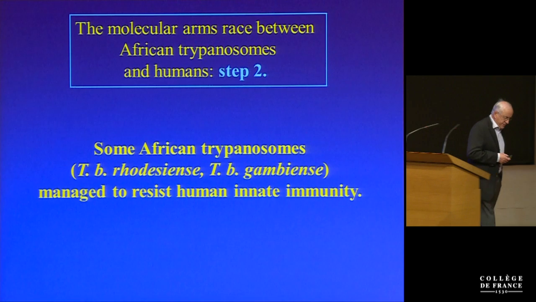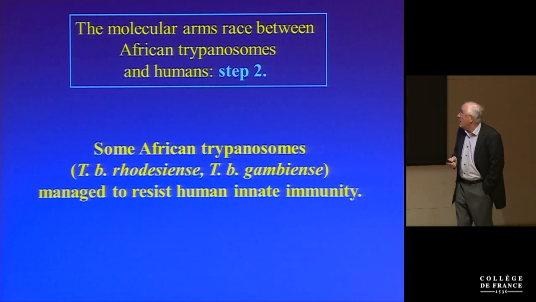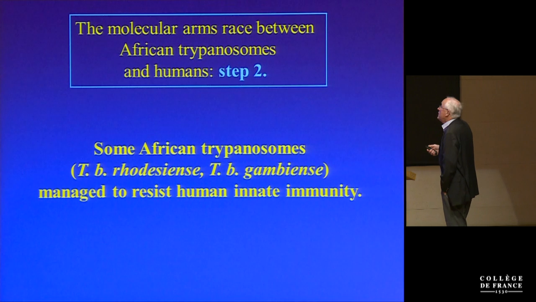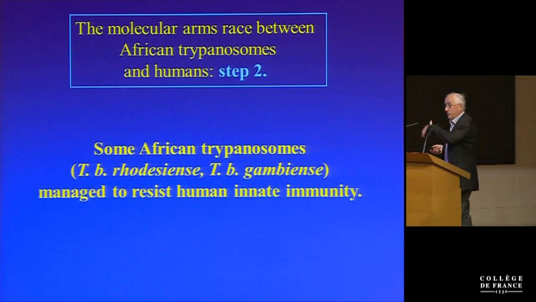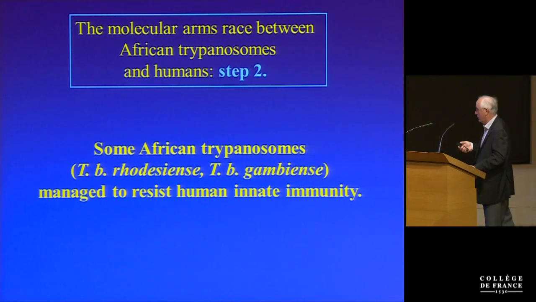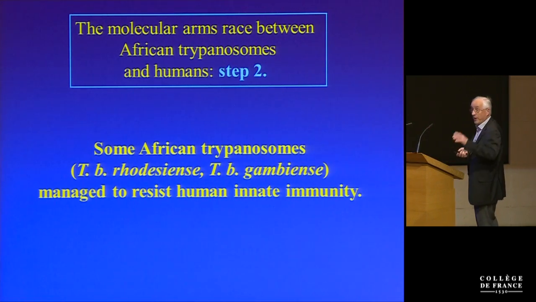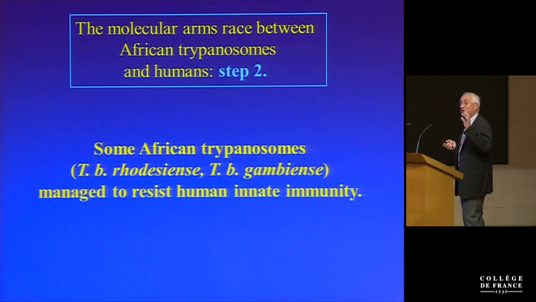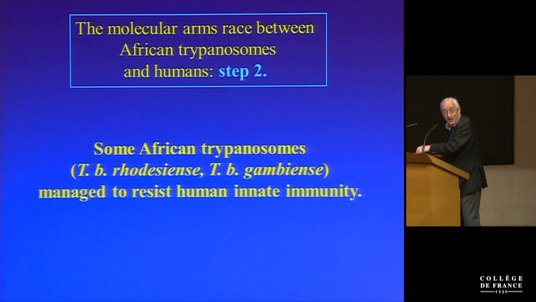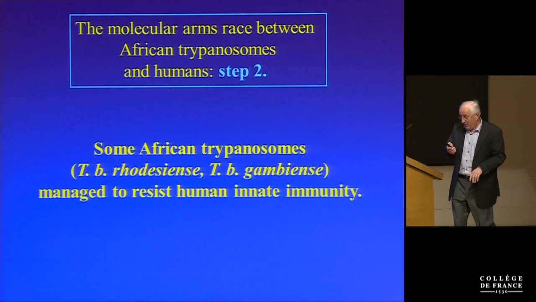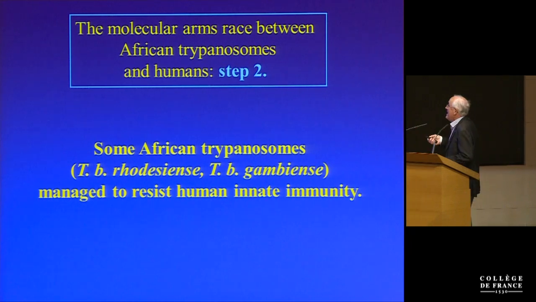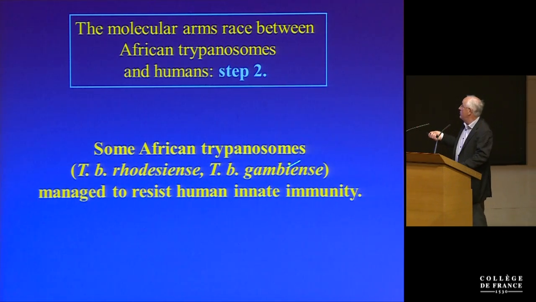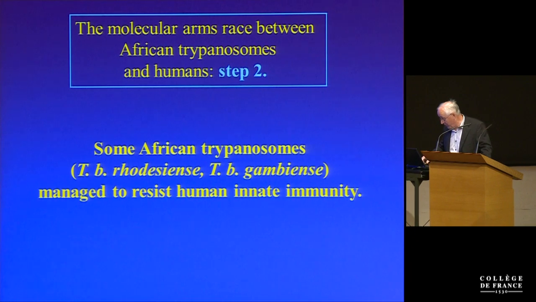Now, I've just described step 1, and then we enter step 2, which is the parasite response. Okay? And again, this is something that I've already mentioned at the beginning. Two clones managed to do it, despite the sophistication of the system, again, with a toxin and a key to enter the parasite. Two individuals managed to find a way, which is remarkable, yes? And so nowadays, these two are responsible for trypanosome infection in Africa in the field.